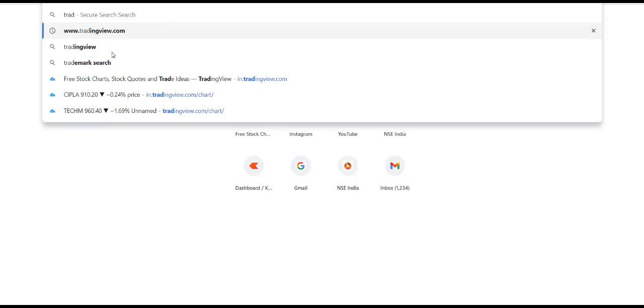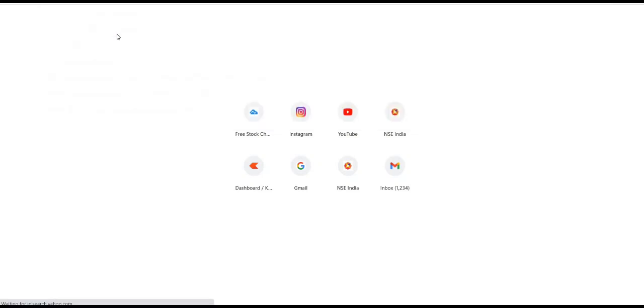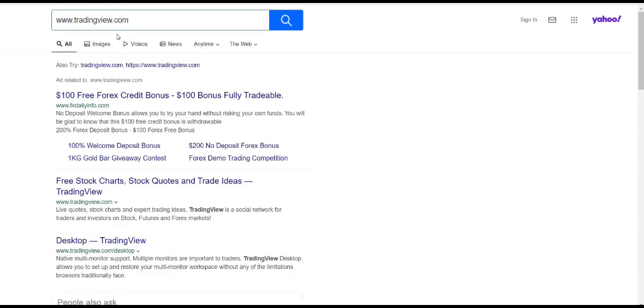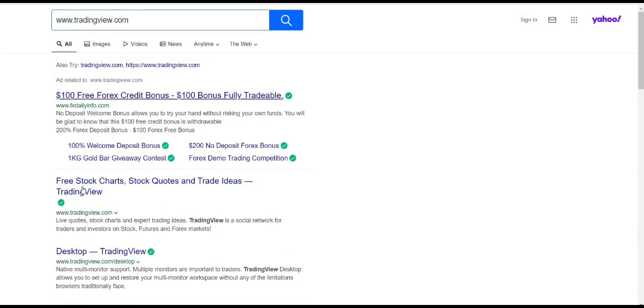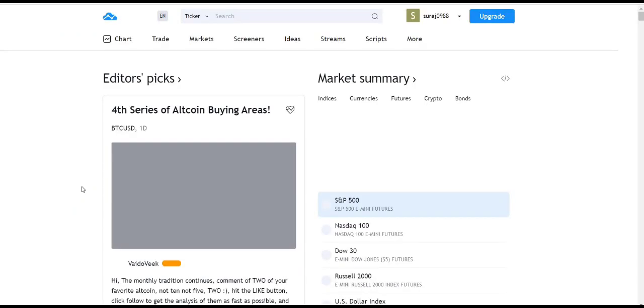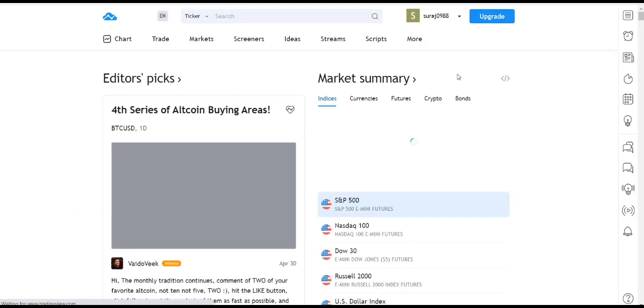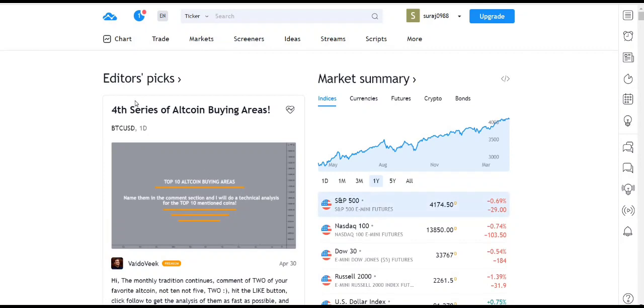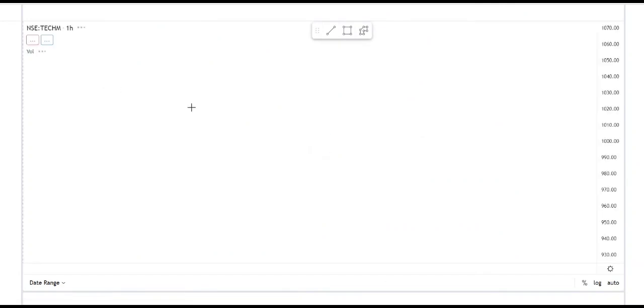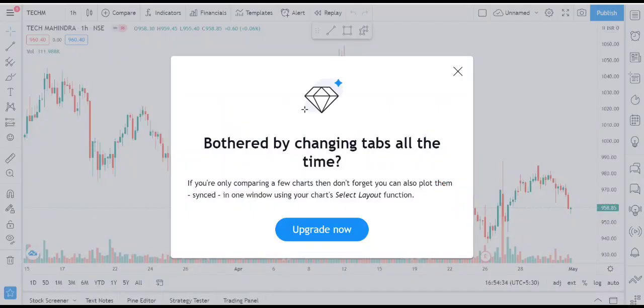You can click on this, and here you are. This is TradingView, free stock charts, stock quotes and trade ideas. Open this, go to the charts, and here is the chart in front of you.